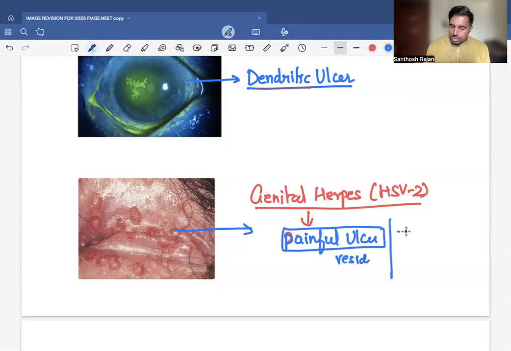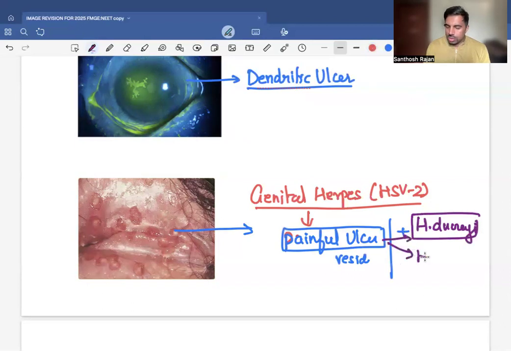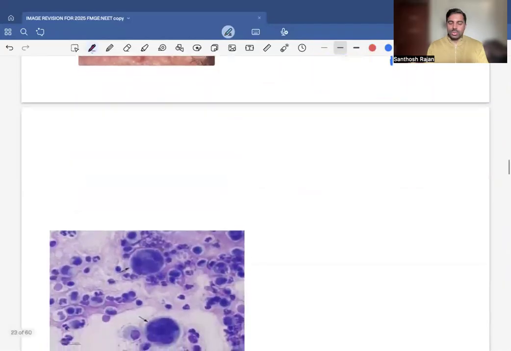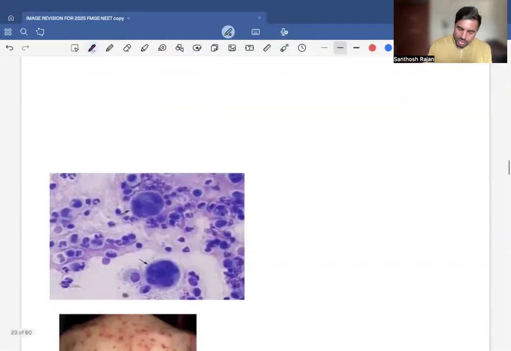Another painful genital ulcer is your H. ducrei. We'll talk about it. So these are the 2 where the ulcer is painful: H. ducrei and HSV2, when talking only about genital ulcers, in the penis or in the vagina, anywhere. So you can guess these 2. Now, diagnosis for both HSV 1, 2, and even for herpes zoster virus,